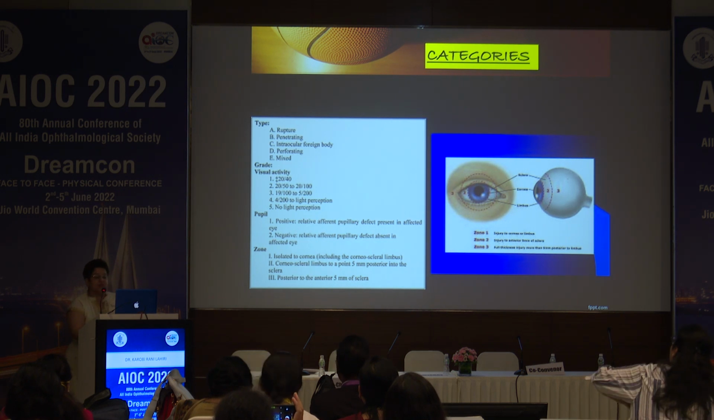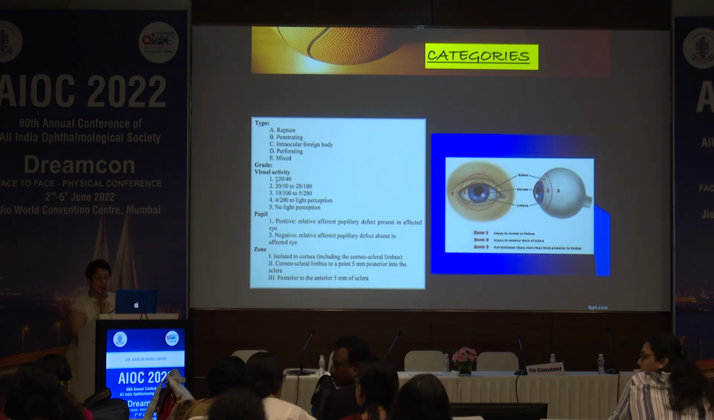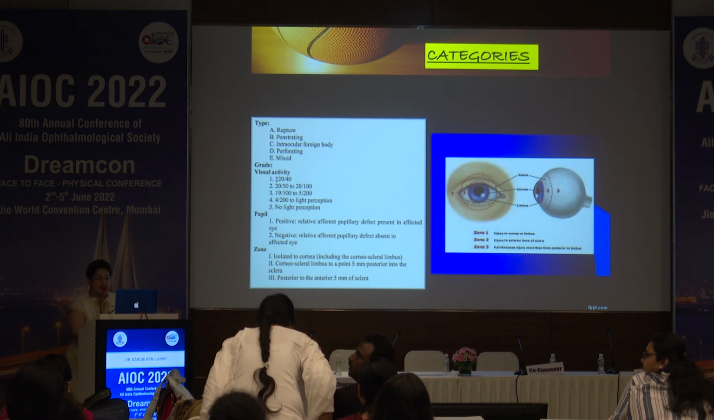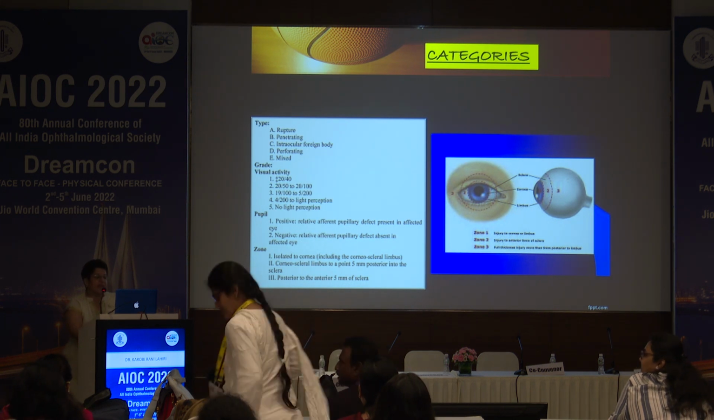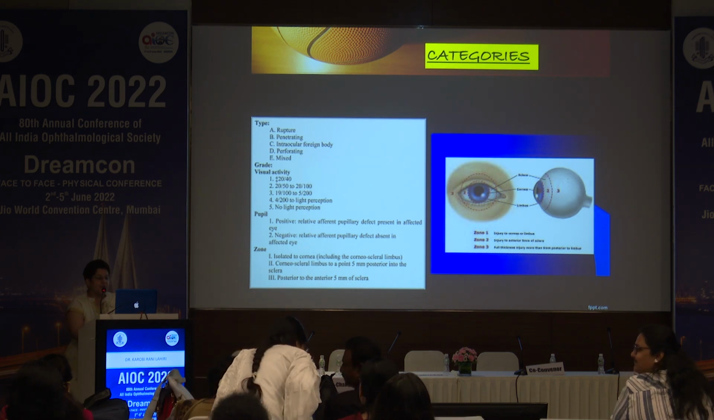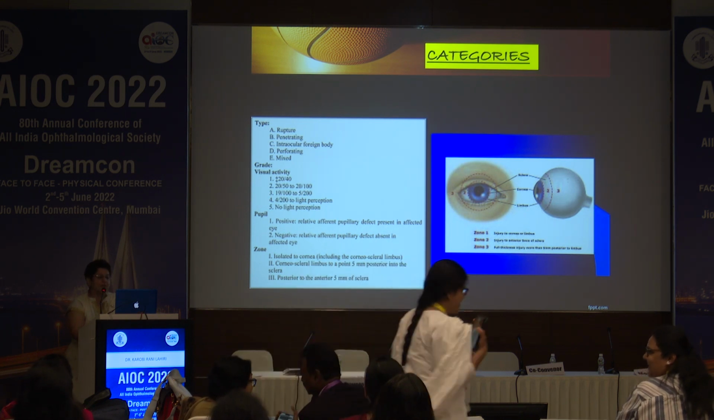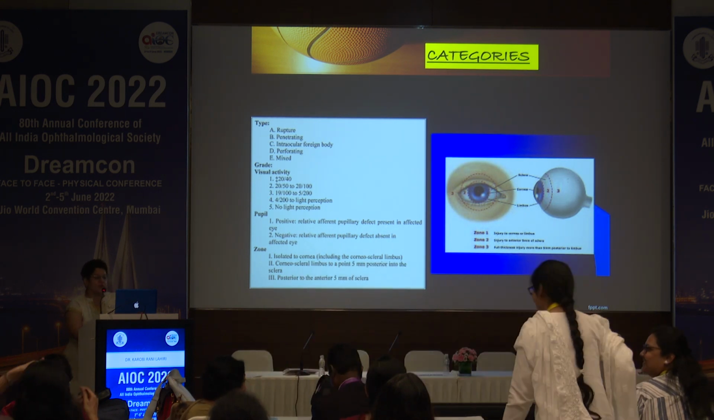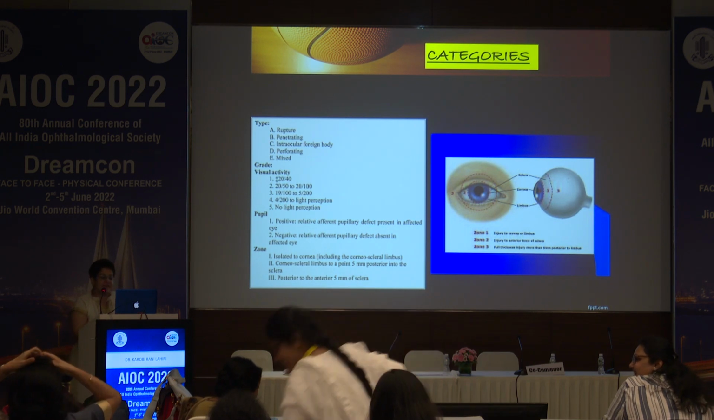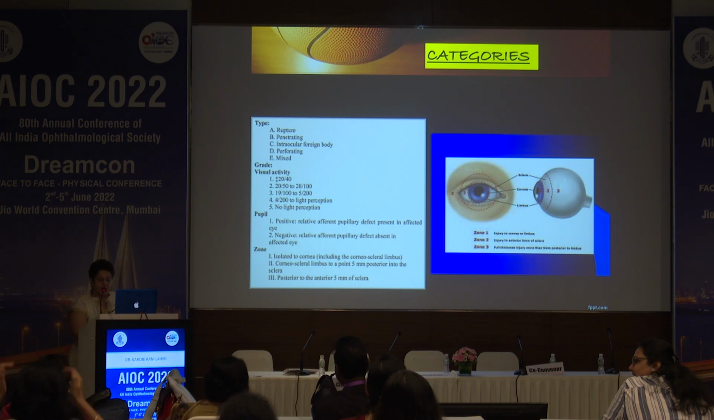From the limbus to 5 millimeters behind is zone 2, and the rest of the sclera is zone 3. Full thickness injuries are seen in this region. So the types you can classify as, the visual acuity is of course very important, whether it has some perception to no light perception or good perception. And pupils, whether there is an RAPD present or no RAPD present, and the zone involved, as I